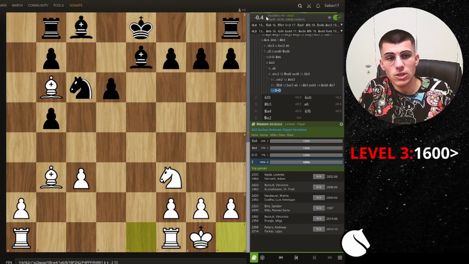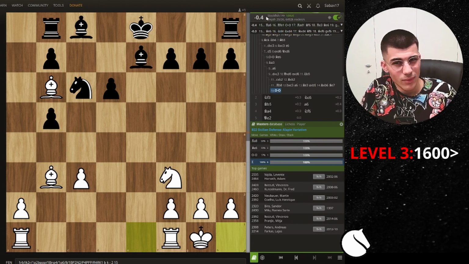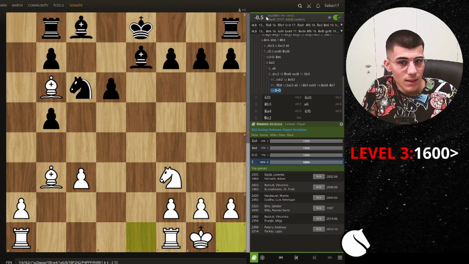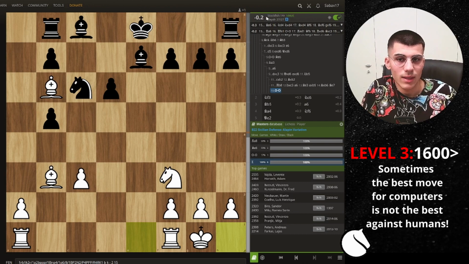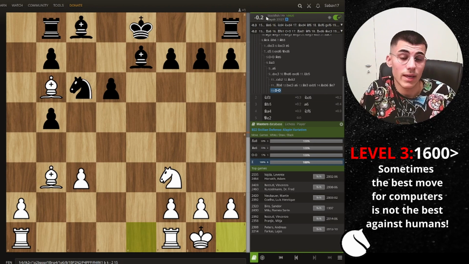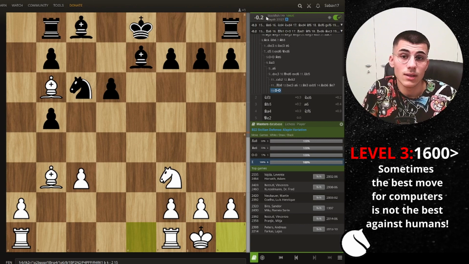Now, okay, Stockfish is saying black is better, although we are humans, and a lot of the time you're going to see that titled players play lines that the computer dislikes, but in this line they're going to have the higher winning percentage. Always keep in mind that we are playing against humans, we're not going to play against Stockfish, so sometimes the line that is not really loved by Stockfish is going to be the best you could play against